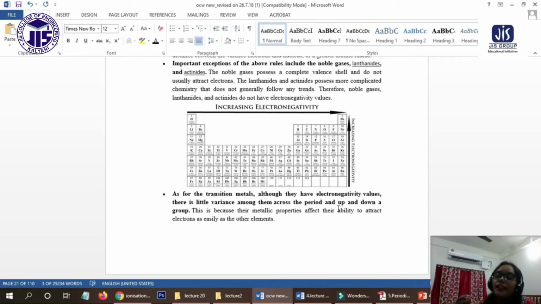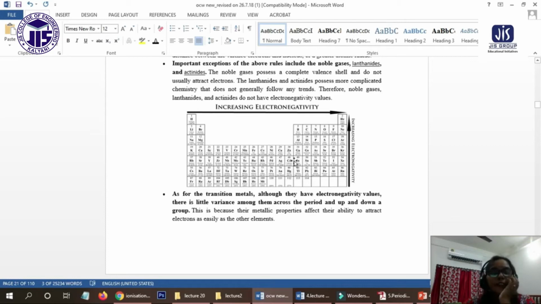where the arrangement of the elements is according to their atomic number, not the mass. If we arrange the elements according to their atomic number, some of the demerits we have will be solved.